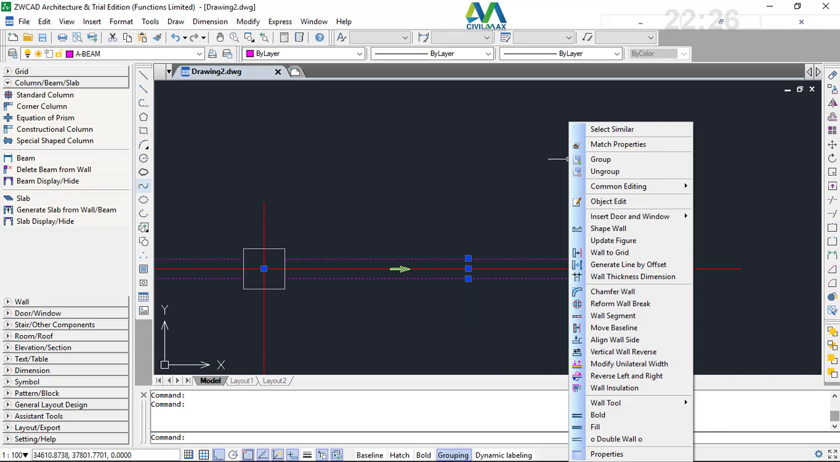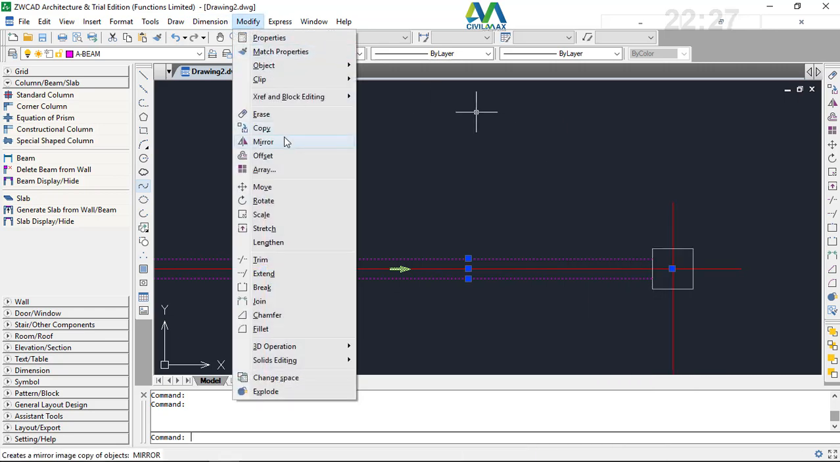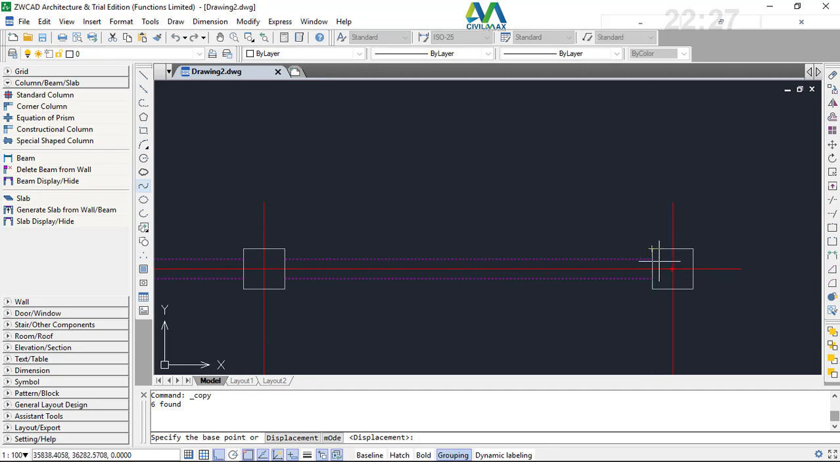The moment you right click, you'll find yourself slightly confused, because in AutoCAD, the moment you right click after selecting all these, you'll be presented with options of modifying the object. But in this one, those options will not appear. That should not worry you much. You just click escape, then come to modify, then pick copy, then snap right here,